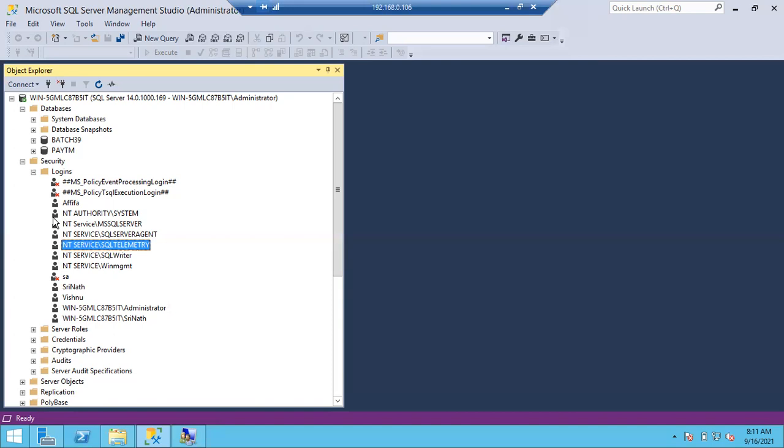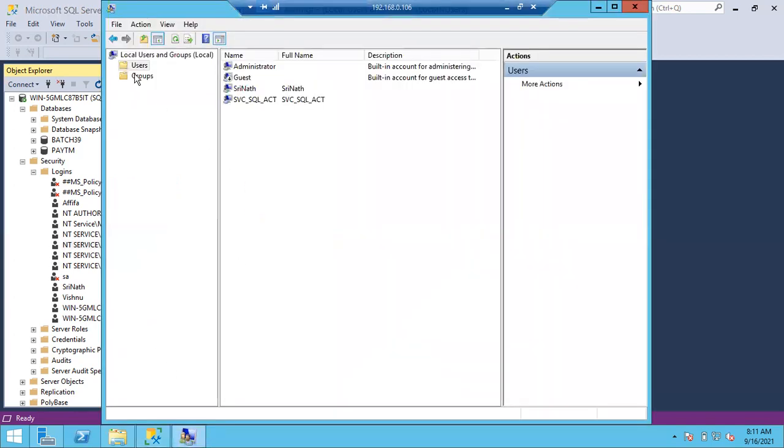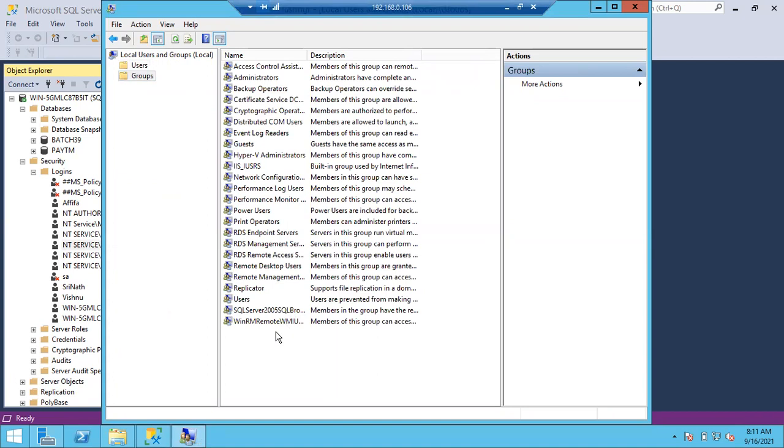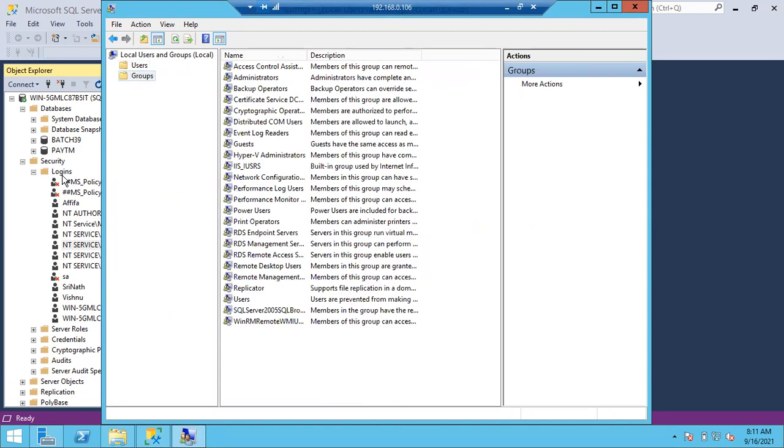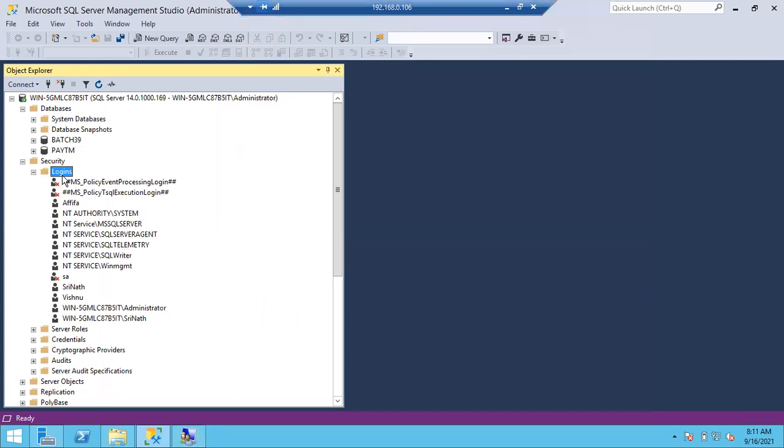In the Active Directory concept, I will explain how to create a group. Now I can also create a group. Simply here I can go to groups and create one group, SQL DBA group. Before that, I'll create 2-3 users and add all of them to that group. Then I'll go to the SQL server and create a group login for them.